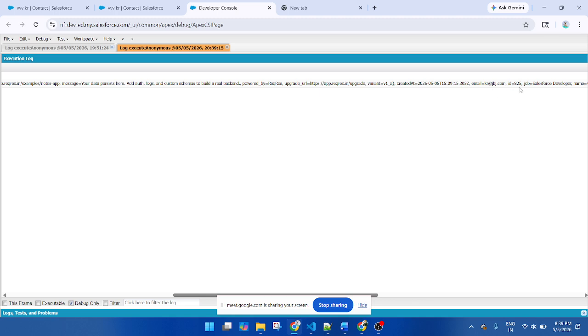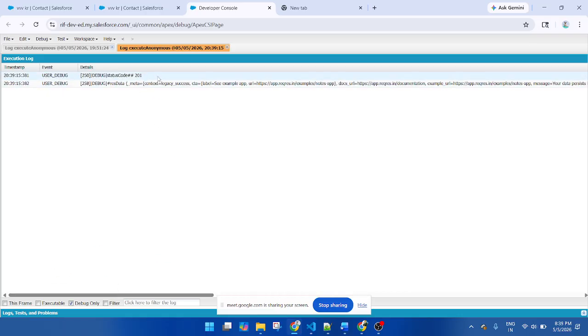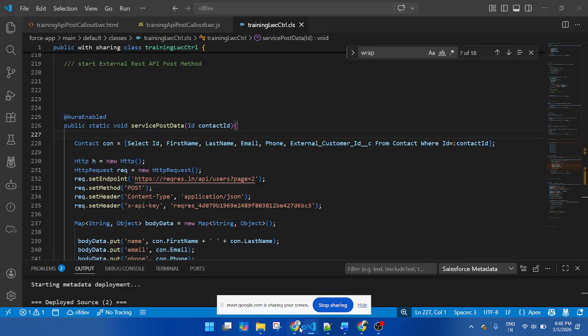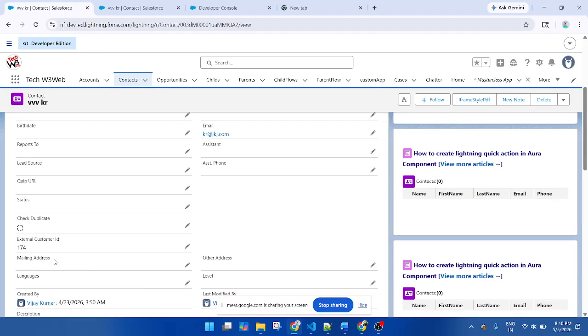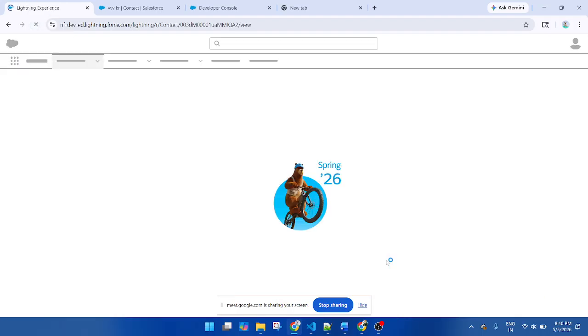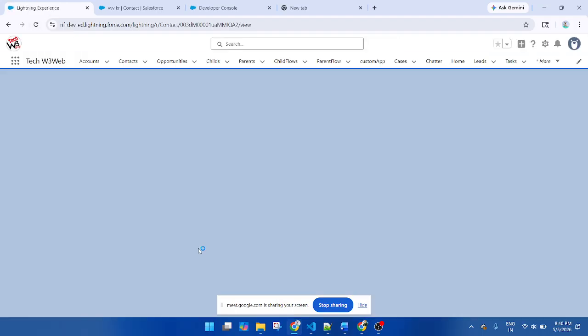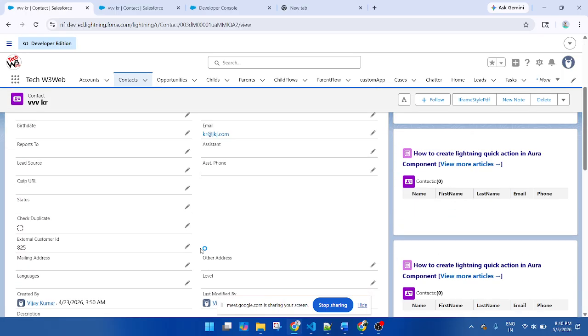These are the data I am passing, for all of the data passing here. It is returning 201, you can see, and the status code will be reflected in Salesforce. Refresh. Before it was 104, currently it is 825.